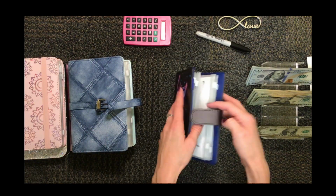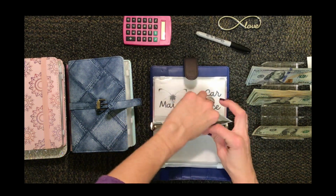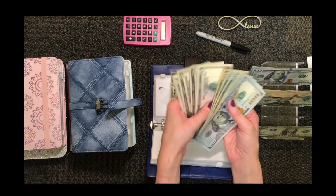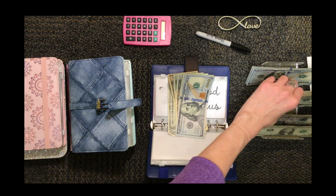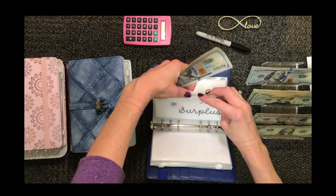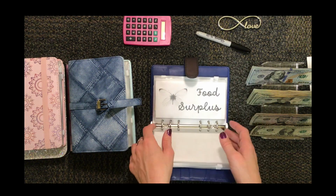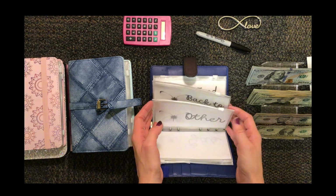Let me think where I would have change if I would. See if I have any in here really quick. Oh, perfect. Okay. So I'm going to just exchange these 4 5s for a 20. I'm going to have to figure out a system because I'm always needing change and I never have it. So I'm going to have to come up with something, maybe create a little bit of a buffer account or